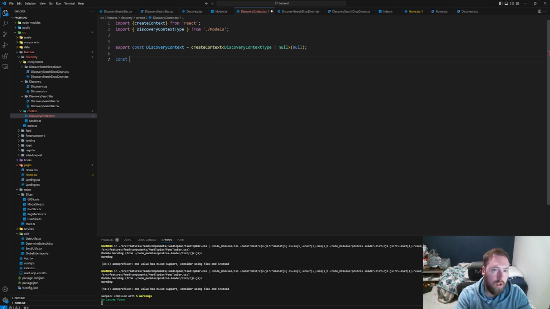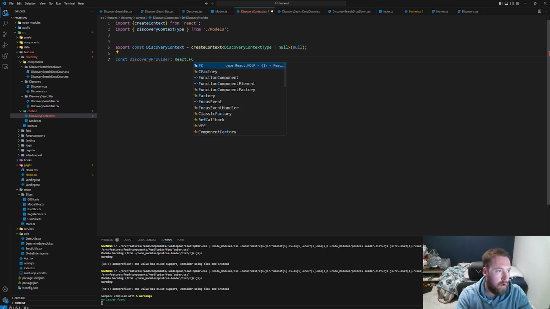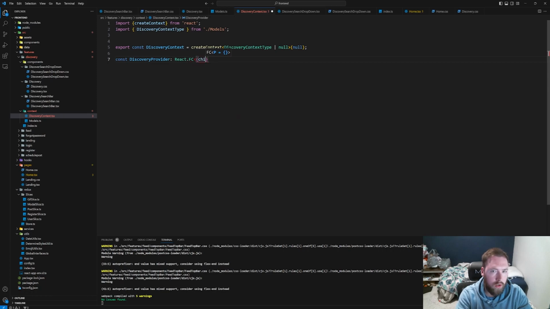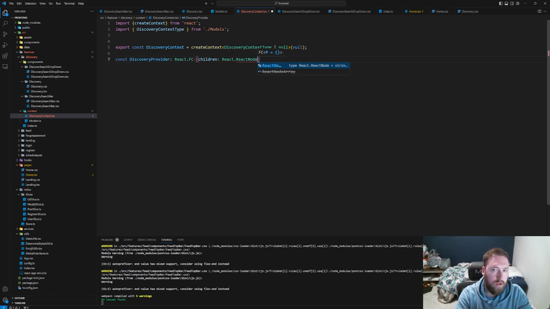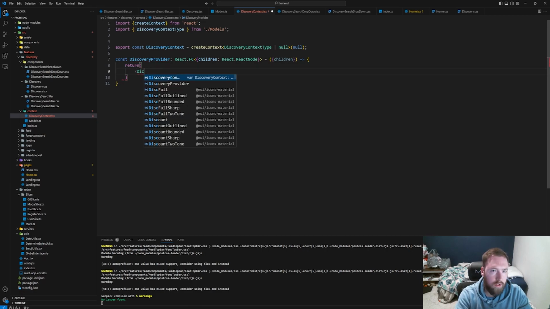And now we're going to say const DiscoveryProvider, and this will be a React function component, and I really hope this will work the way that I want it to. I'm pretty sure it will, but we'll have children, which is a React node, which is basically going to make a higher order component and allow us to display React components inside this. And that's how we basically can wrap the provider around whatever we need. And then we're going to do this. And now it's going to complain. So we're going to return, and we'll do this just to make it clean. And this is going to say